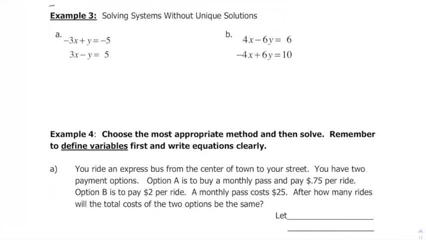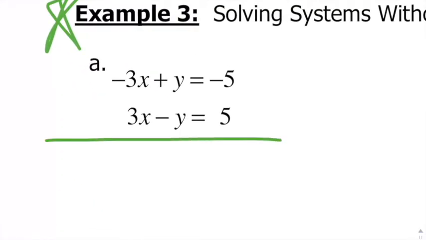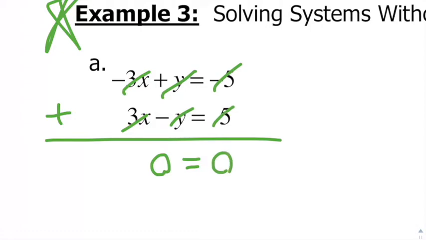Okay, example 3 here. I like this one because you've got some weird solutions that are going to happen. So let's take a look at what happens here. When we combine these equations, notice y's happen to cancel out and x's happen to cancel out. So over here on the left-hand side, you have nothing left. On the right-hand side, the negative 5 and the positive 5 also cancel out, so you have 0